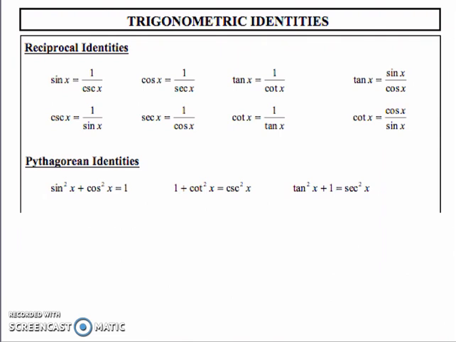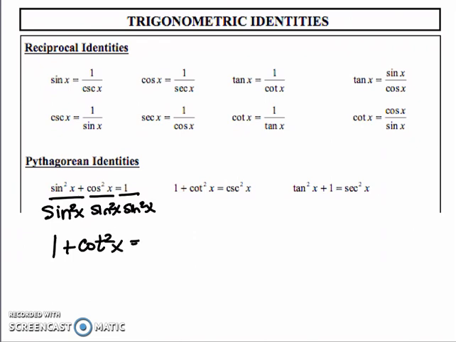Those two identities just come from taking the original Pythagorean identity and dividing it by either sine squared or by cosine squared. So the first one, and again, you don't have to write this down, I just want to show you this. If I divide by sine squared x all the way across this equation, sine squared over sine squared becomes 1. Cosine squared over sine squared becomes cotangent squared x, and 1 over sine squared x becomes cosecant squared x. So you can see how if I divide the original Pythagorean identity by sine squared, I get the second